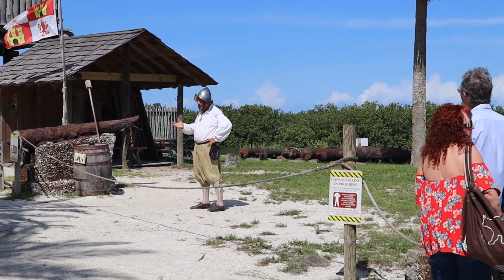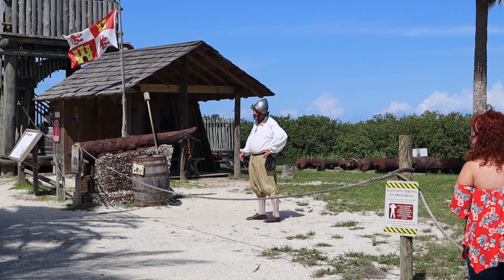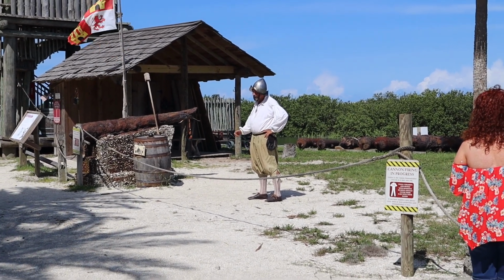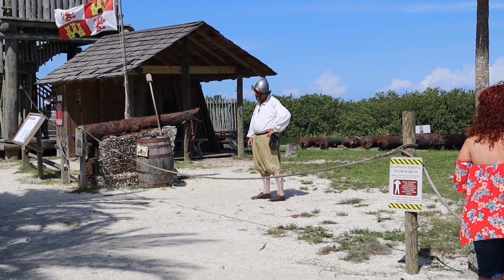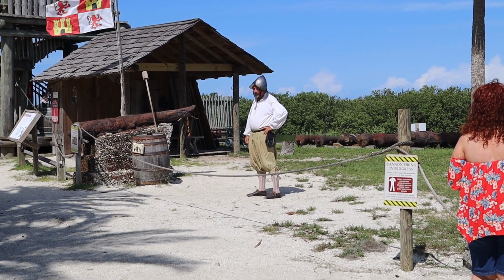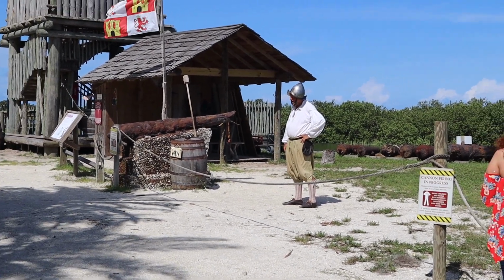The other thing is that we're not actually firing a cannonball out of a cannon, even though it sounds like it would be fun. Marine Patrol and Coast Guard are out there, and they don't see it that way. So this is going to be a blank shot only. Now, it's not so loud it's going to damage your hearing. However, we do recommend